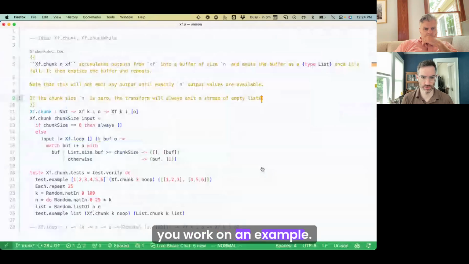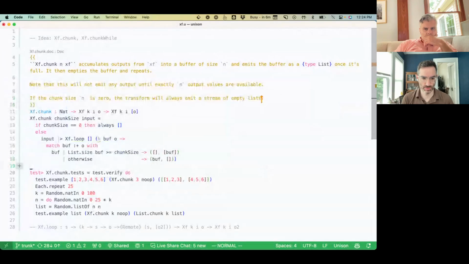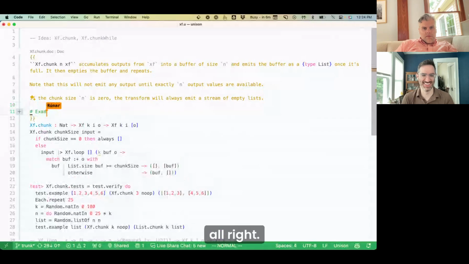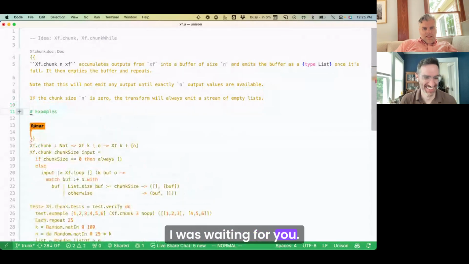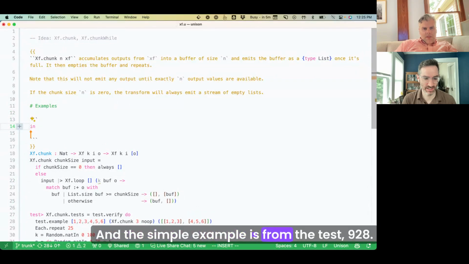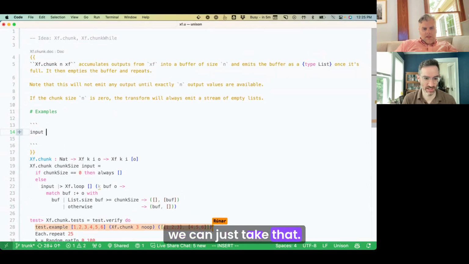Are you working on an example? Oh, sorry. I thought you were working on an example. I was waiting. Good. All right. I mean, the simple example is from the test, 928. Yeah, we can just take that.